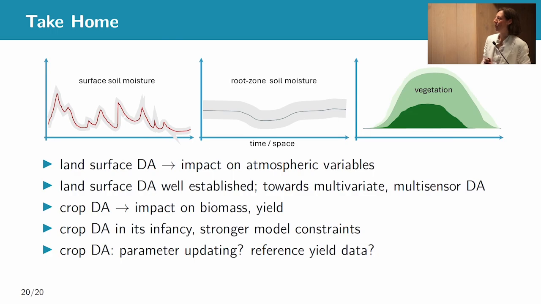Okay, brings me to the conclusions here. For land surface data assimilation, this is really state-of-the-art. We know what we're doing, especially with soil moisture. Vegetation, I think we have still some work there to optimize that. But ideally, we combine both, and we start looking more at the impact on atmosphere and other variables. Crop data assimilation is still in its infancy, plenty of work to do there, but we're going in the right direction in terms of biomass, still quite some work to do on yield, and we think that we need to do parameter updating there. One last request, if anyone has really good yield data, we would be very happy to